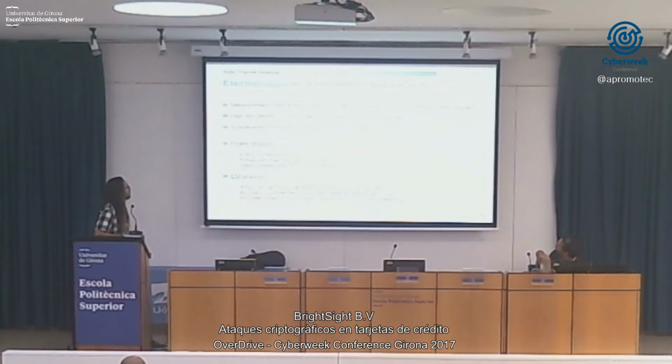We need equipment to capture the signals with a high bandwidth, above 1 gigahertz, and it's susceptible to external noise sources like radio, light, and mobile phones, because we can capture all these interferences with the EM coil itself. Compared with power analysis, it is easy to measure. We can use low frequency